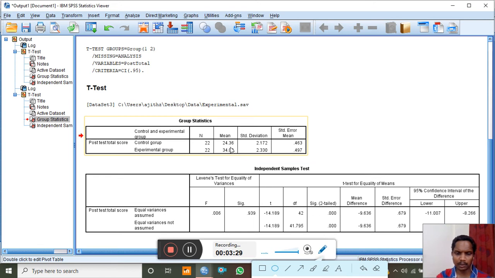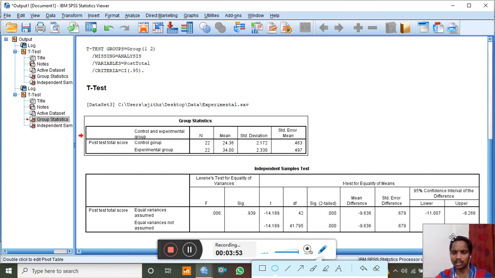For control group, the mean is 24 and experimental group it is 34, which is significantly higher than the control group. So it is clear that there is some effect of the experiment on the experimental group. From this group statistics, you will get an idea that there is a difference. Now we will see whether it is significant.